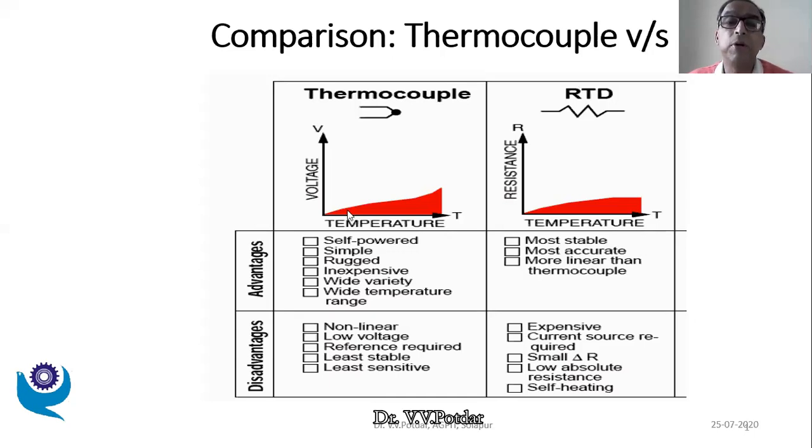Whereas thermocouples are self-powered, they also don't give very high voltage output, but they give some voltage in the range from microvolts to millivolts. The basic advantage is that they are self-powered. So thermocouples find applications in remote places where there is no power supply as such. Only a voltmeter is required because they generate voltage of their own. Thermocouples are preferred for such remote applications where power availability is a problem. So this is the comparison.